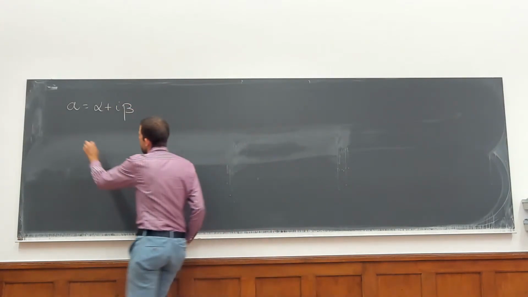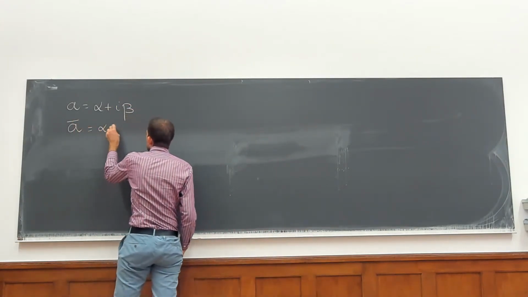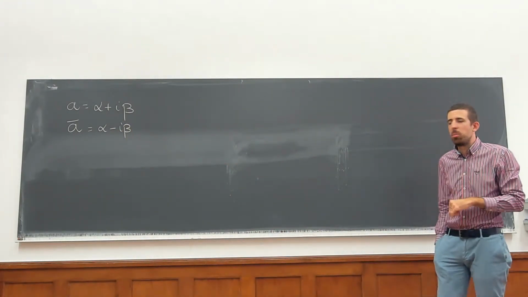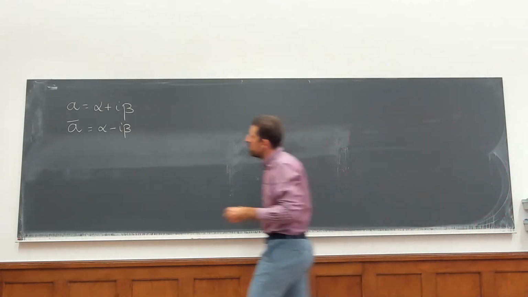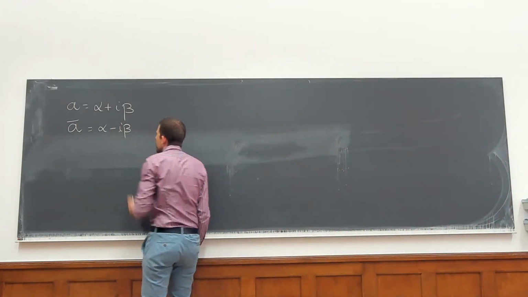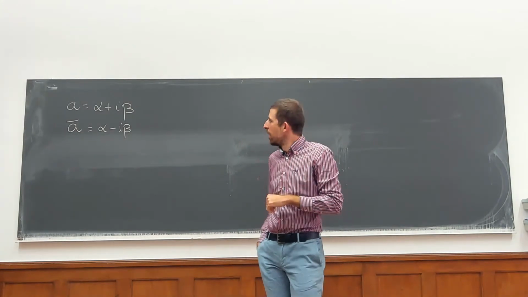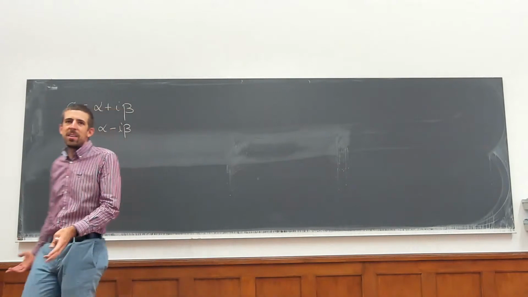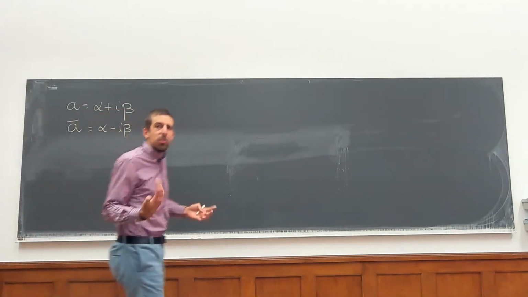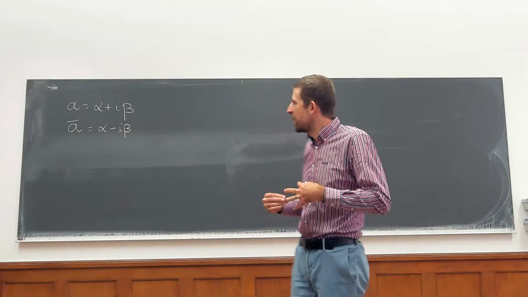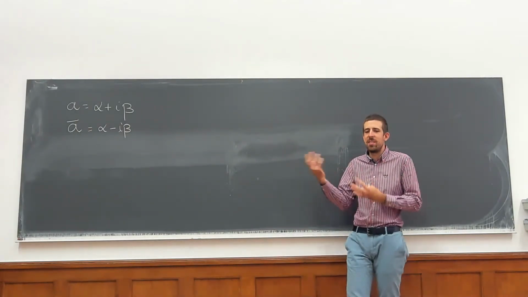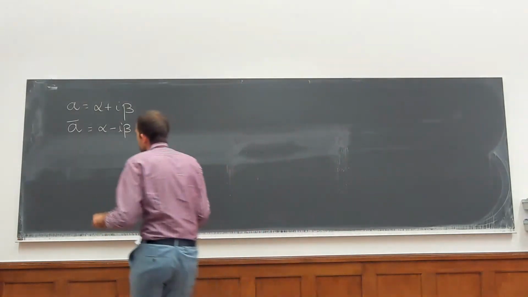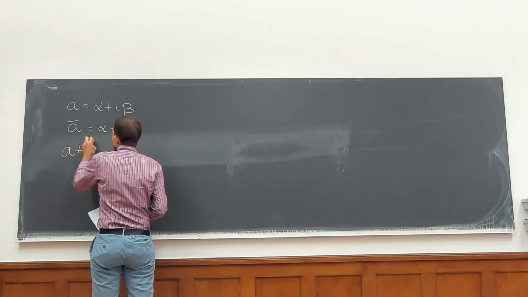alpha plus i beta, we define the conjugate as alpha minus i beta, right? So we just swapped the sign of the imaginary part. And intuitively, I argue that nothing really should change, right? Because I could have taken minus i as well, because it's also a solution of x squared plus 1 equals 0. So the whole theory should be just the same with i and minus i, and indeed, we saw that basically nothing changes. What we saw last time, if you take,